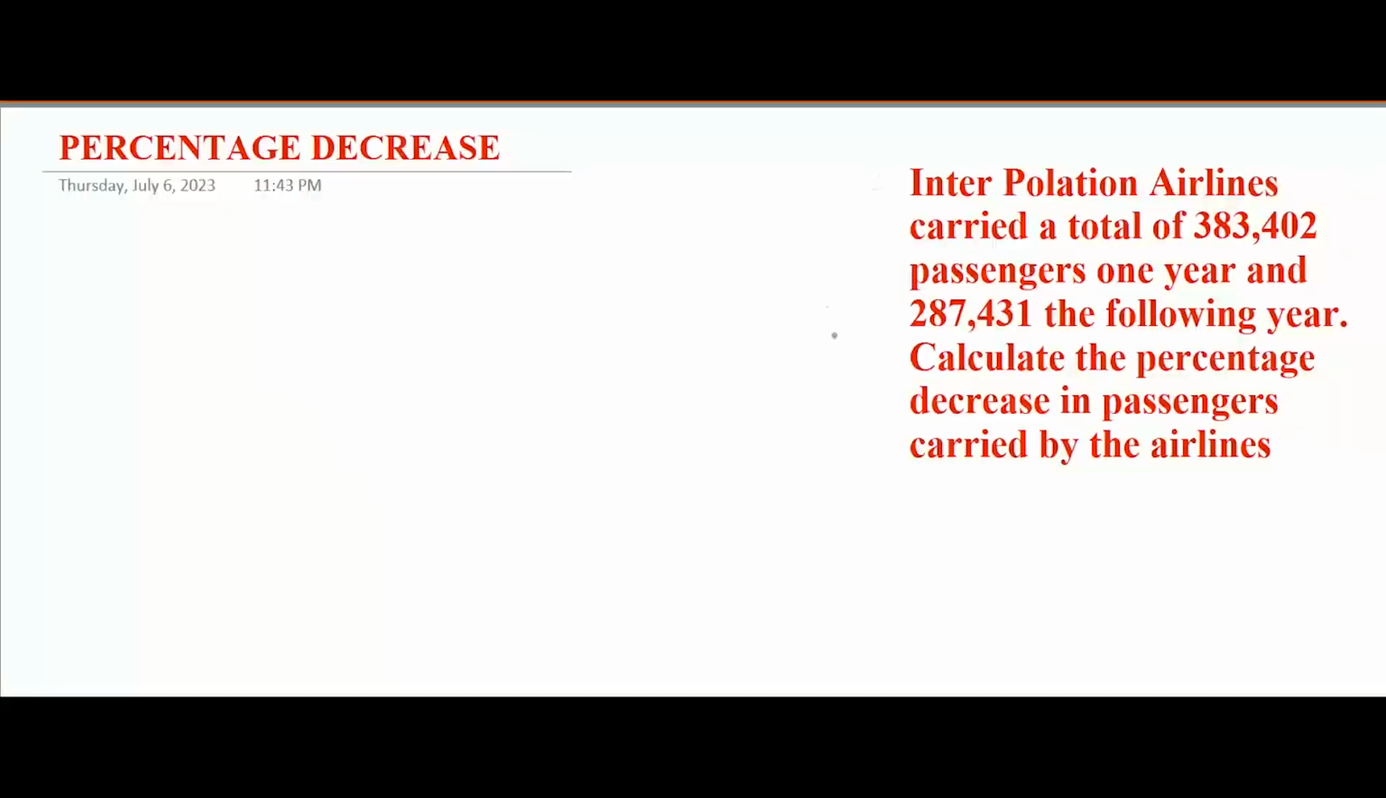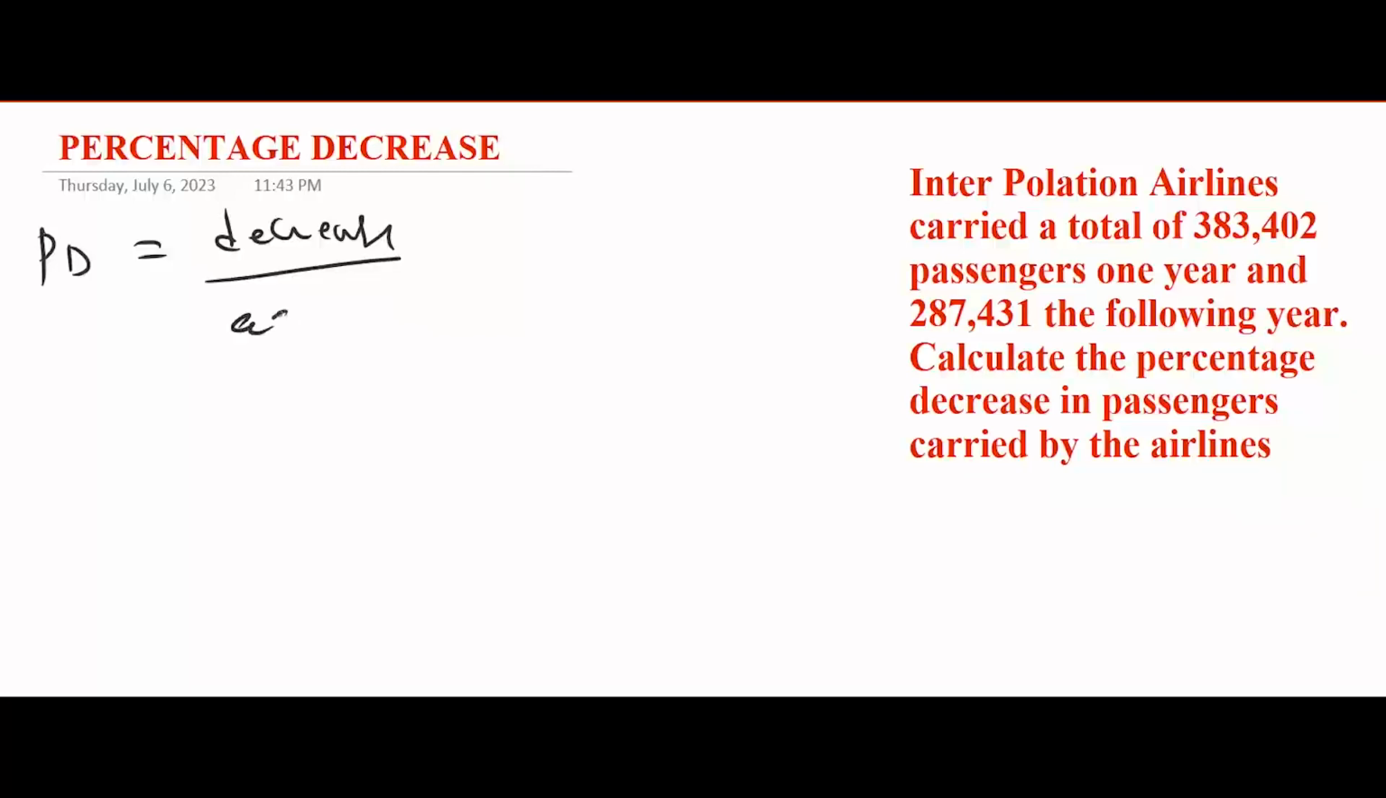So let's go into the next one. That will be percentage decrease. To get the percentage decrease, you need to make use of almost the same formula, but in this case, percentage decrease will be equal to decrease over the actual value, then times 100%. So if you look at the example here,